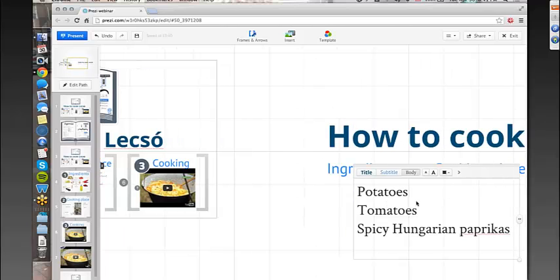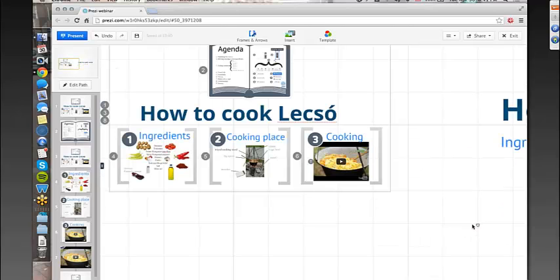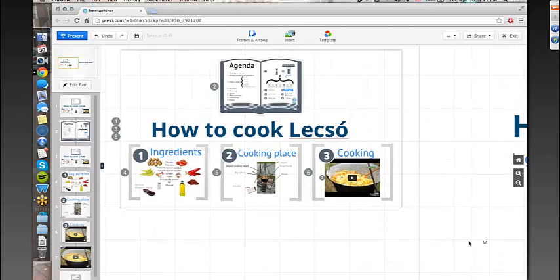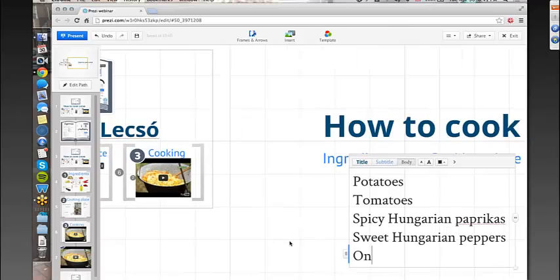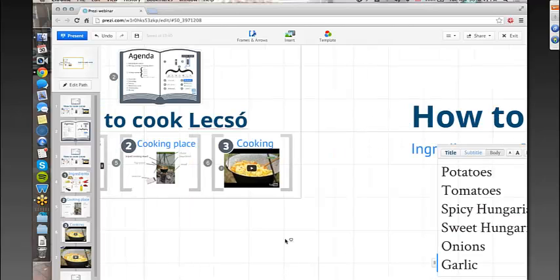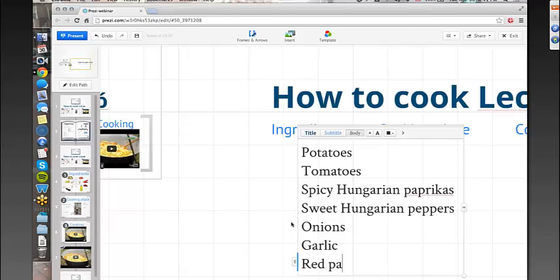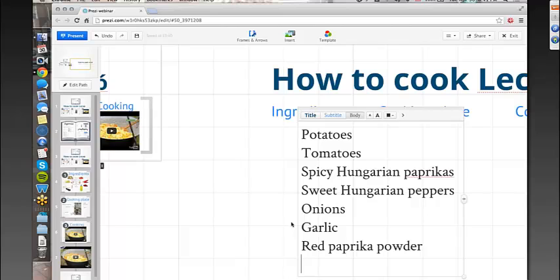Some spicy Hungarian paprikas, some Hungarian peppers. What else? Onion, garlic. Let's have a look. Need some red paprika powder and